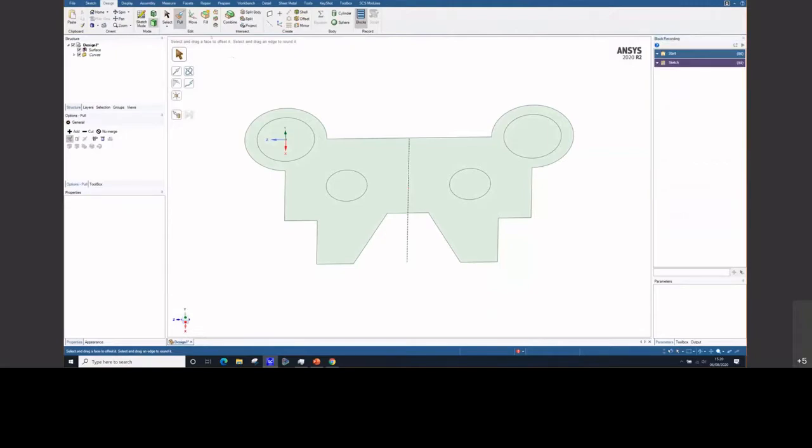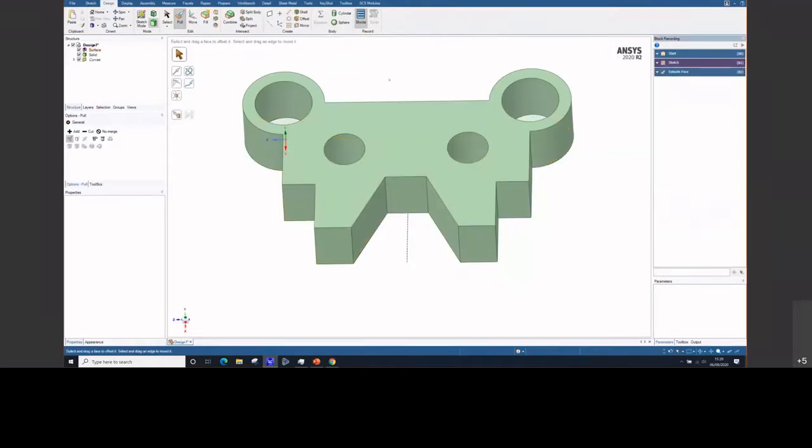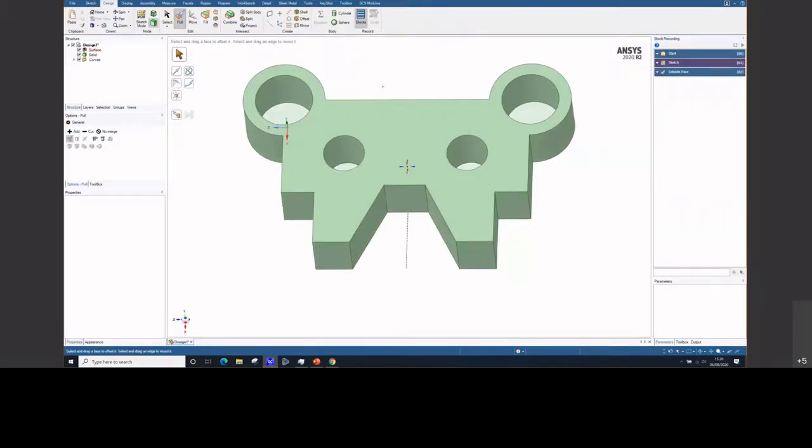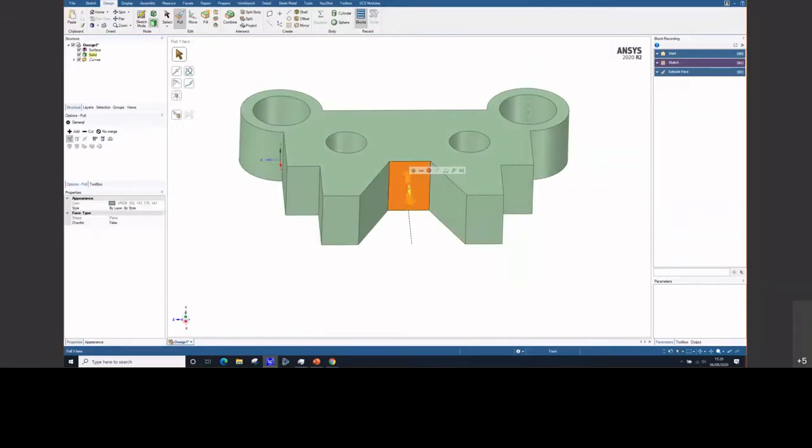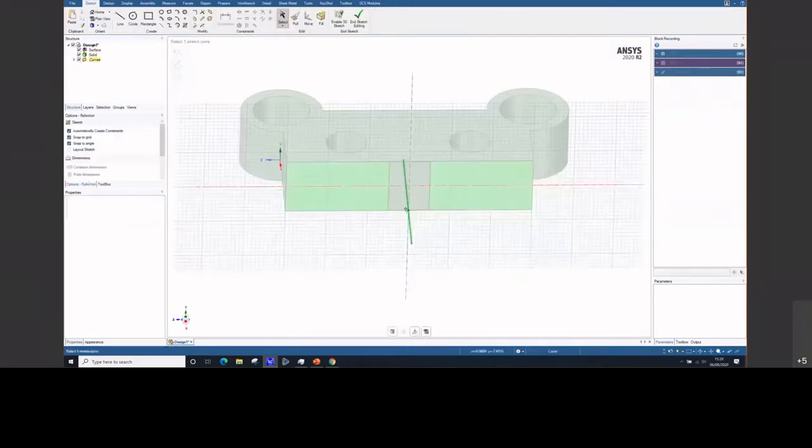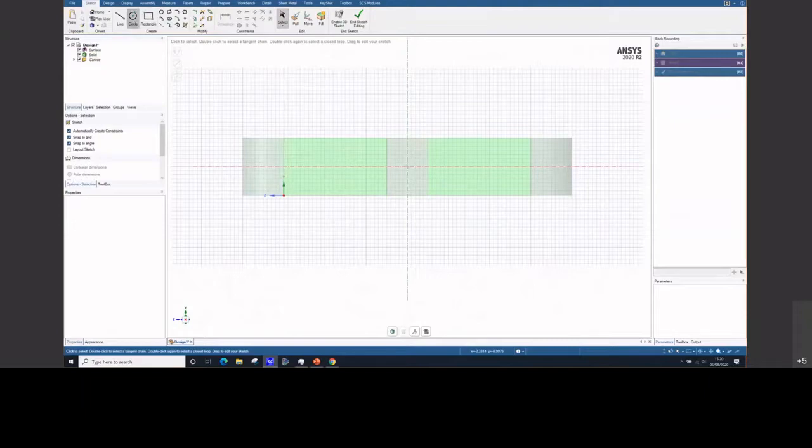So the first one we're going to do, I'm just going to extrude it. Literally just do a pull, and again, you notice I don't add any dimensions here because I can always add more parameters later if I need to change them. I'm going to click on this space here, and I'm going to go back into a sketch mode, and I want to draw a circle here,